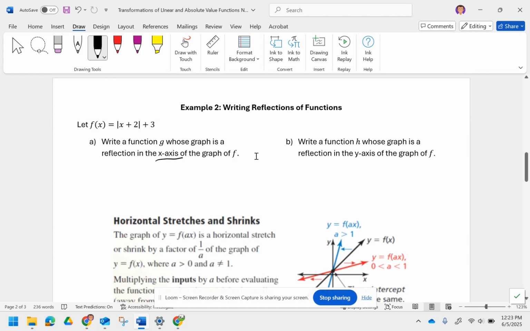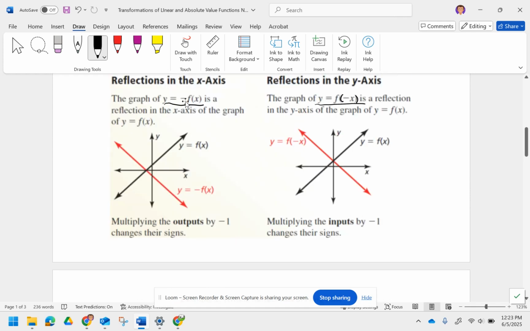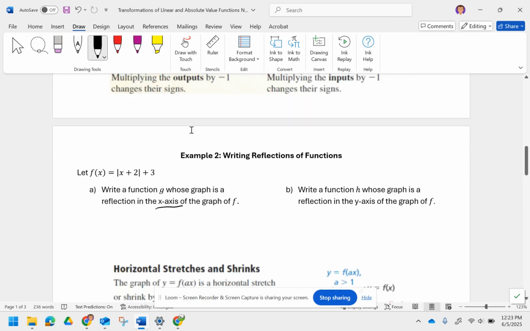First one, we're going to create a reflection across the x-axis. So to go across the x-axis, we have the negative in front of the function. So that is y is equal to negative f of x. Now we need to input f of x, absolute value of x plus 2 plus 3. So we've got two things there. Both of them are going to need to receive that negative. So this becomes a negative absolute value of x plus 2